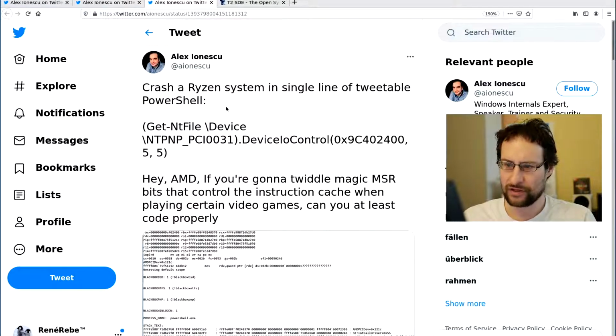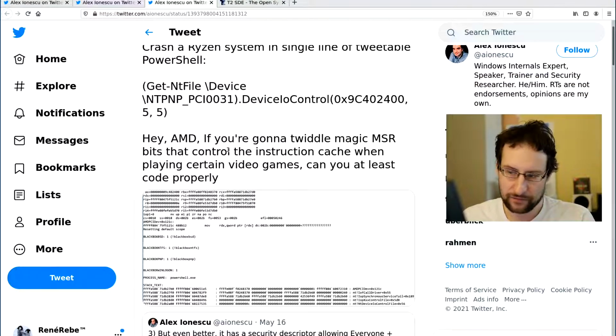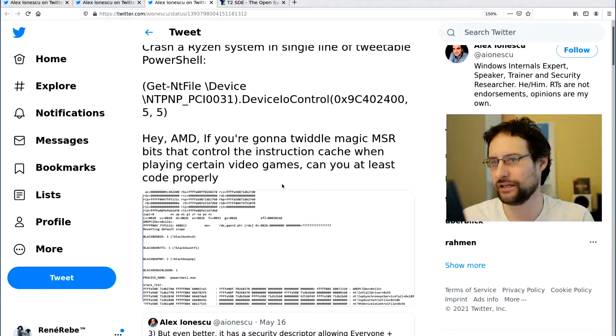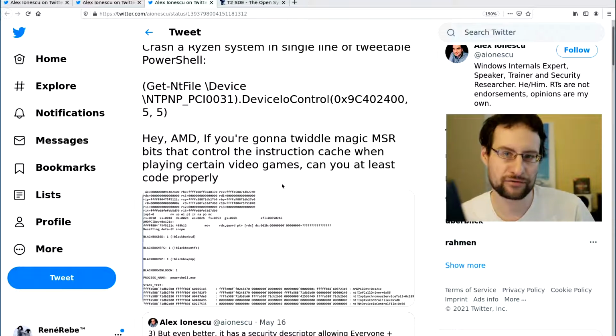Long story short, proof of concept: on some Ryzen systems, you can crash them with this line of tweetable PowerShell. Get the file device, device control, something. It's like, yeah, AMD, if you're going to twiddle magic machine-specific register bits to control the instruction cache and stuff when playing certain video games, maybe at least code properly, and not like, yeah, recurring theme from previous videos, not only Linux but also